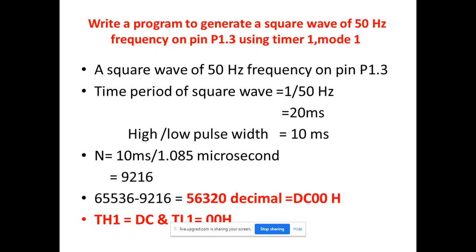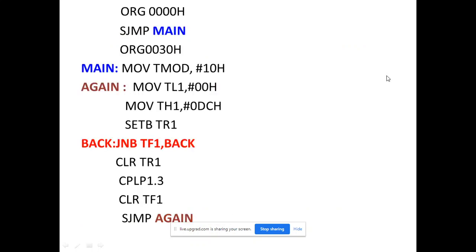Now based on this knowledge, we write the code to generate the square wave on the specific pin, that is P1.3. Okay, now I will discuss the code. Initially, every time we start, ORG is 0000H, but this is the location for register banks. We are not using a register bank to write the code. This is for holding the data only.